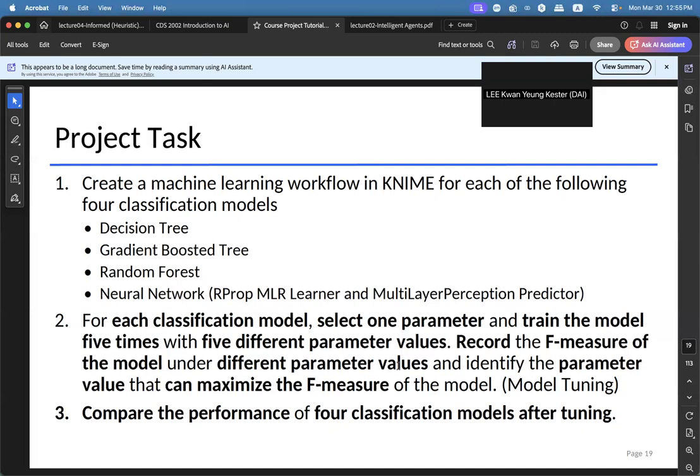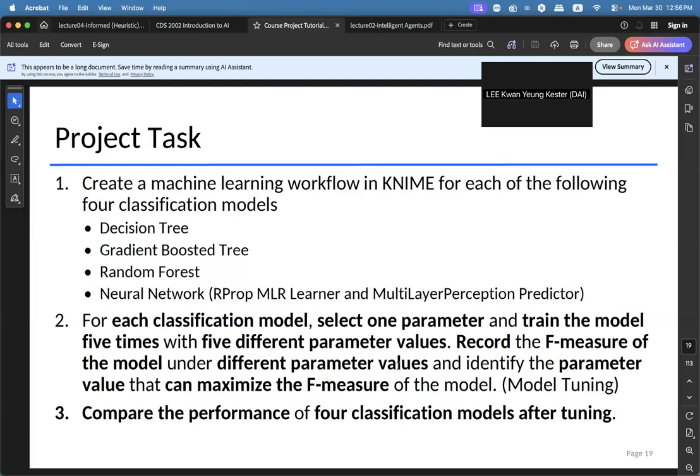Okay, so the issue is that all these models are different kinds of algorithms that the computer can use to generate models that connect all the attributes of the data sample to the label or class attributes of the samples.